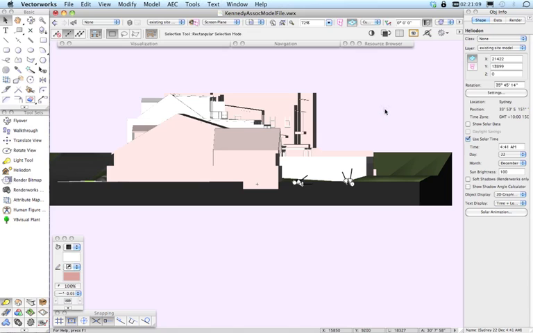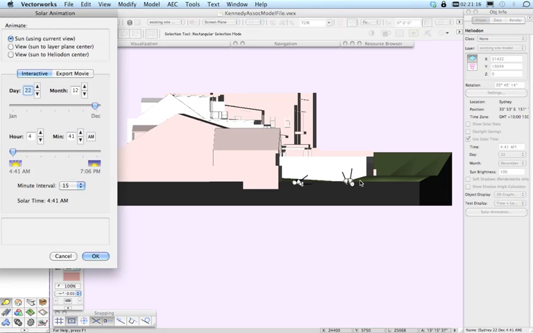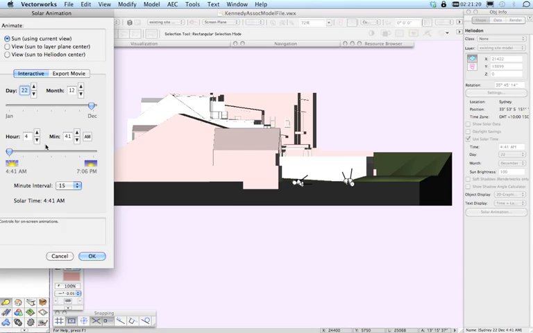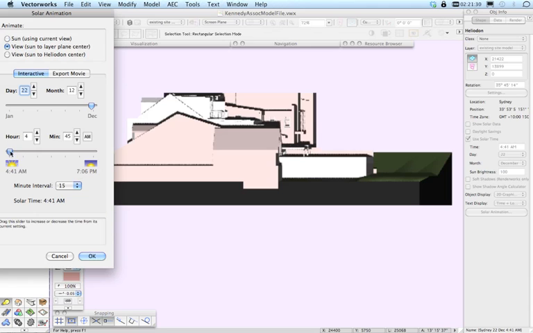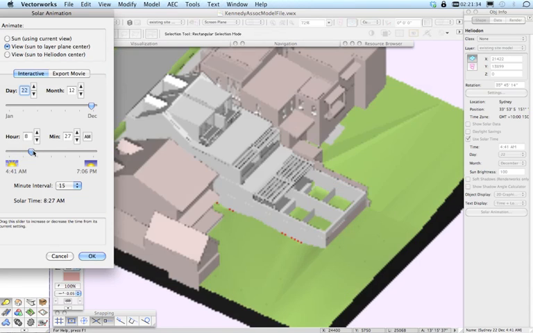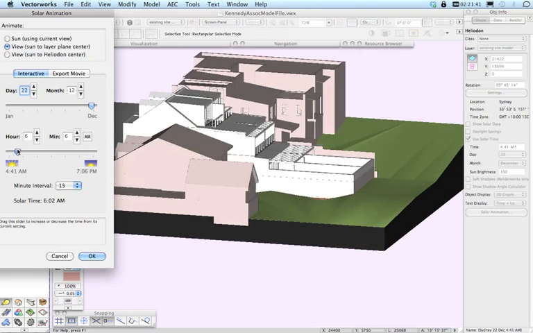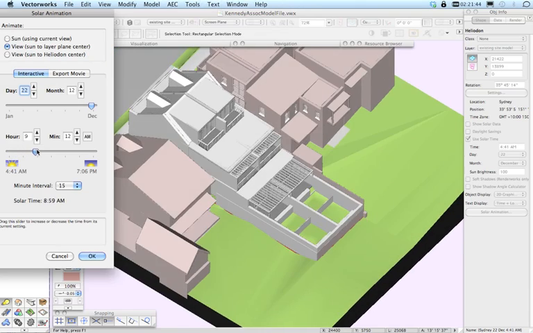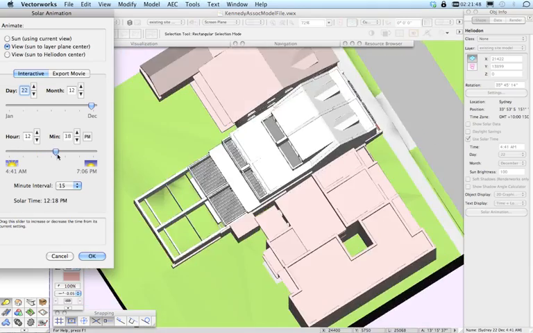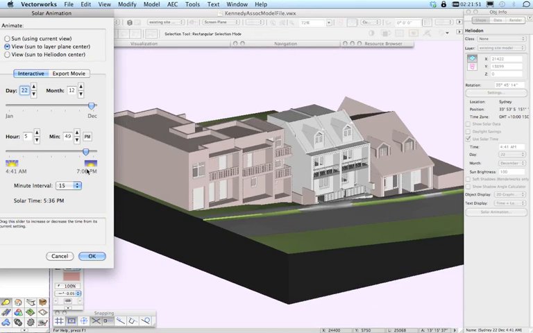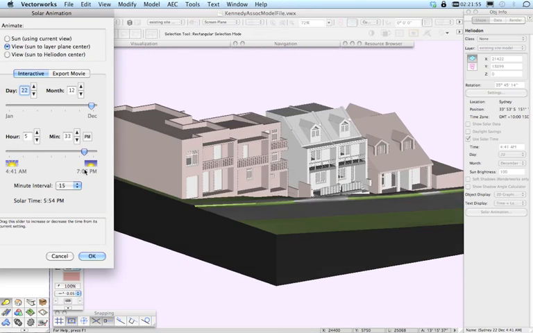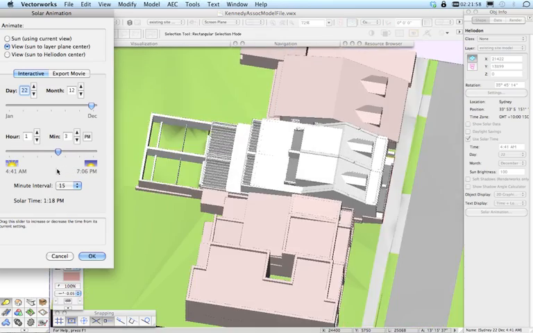So with solar time turned on, December 22, let's first just try and get some understanding of what the sun is doing here. We are at sunrise position now, and if we click the view sun to center of layer plane, we'll just scrub this backwards and forwards until it comes clear. Okay, there we go. So I can now move this around and get an understanding. I'm sitting on the sun watching the building and coming all the way around to sunset, and so I can get a really good idea in this one pass of what the sun is doing during